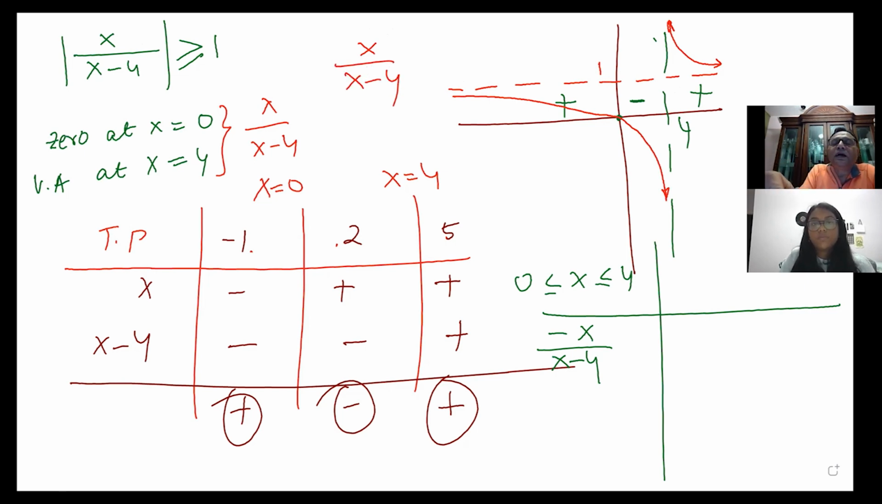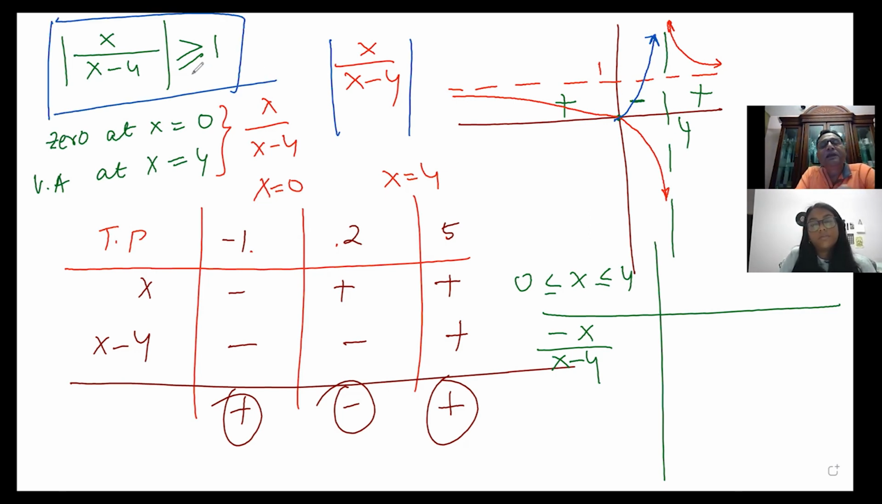Now if I do absolute value of this, then what happens? The negative portion becomes positive. So this goes like this. Do you see that? Right. So therefore, now, when you look at this particular inequality, clearly it is greater than or equal to 1